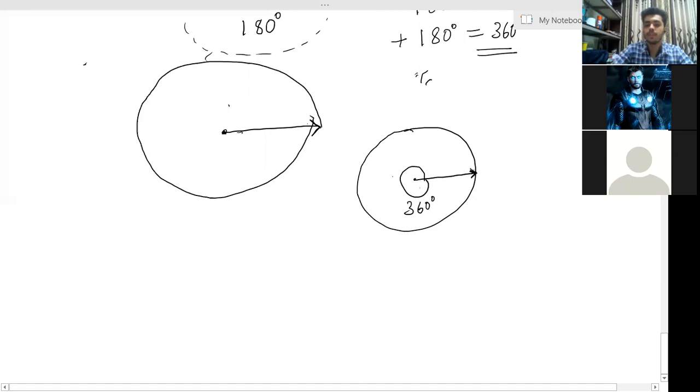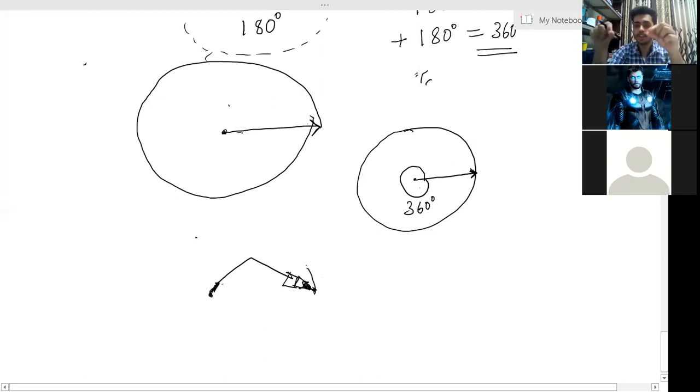This is the same thing you do. Have you guys used a compass? In your geometry box, you would have had a compass, right? Where you attach a pencil. Yes, that is the same thing you're doing. You're just taking the compass, and you have a pencil over here. You're attaching a pencil to the compass, and you're fixing it. This is the sharp point of the compass needle, and you're fixing it at one point. And what you're doing, you're just drawing a circle.